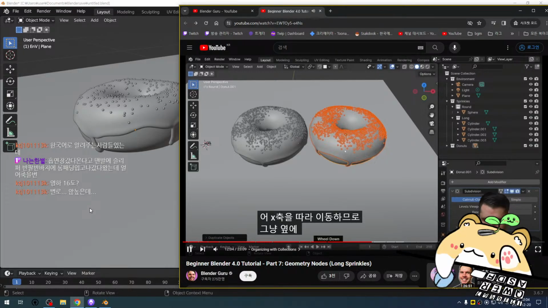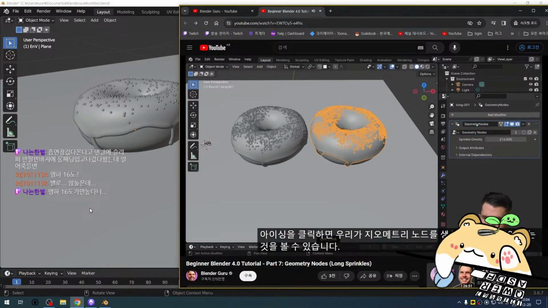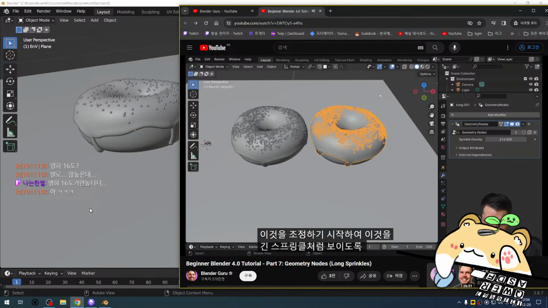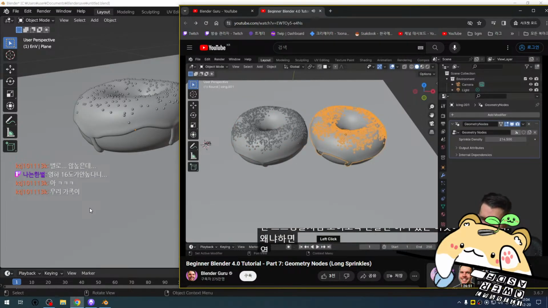next to it, and then clicking your icing. You can see we've got the modifier stack that we created geometry nodes on. And if we were to start tweaking this and make this look like long sprinkles, it would apply to this one over here because we can see that little number next to